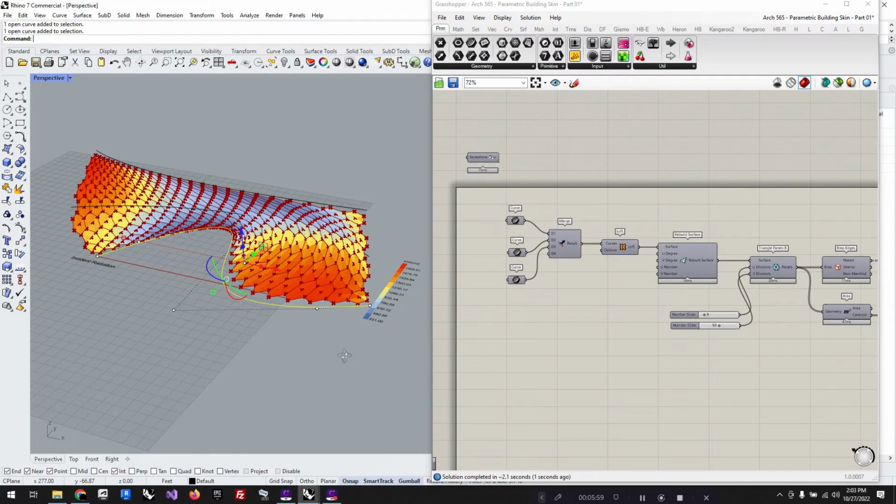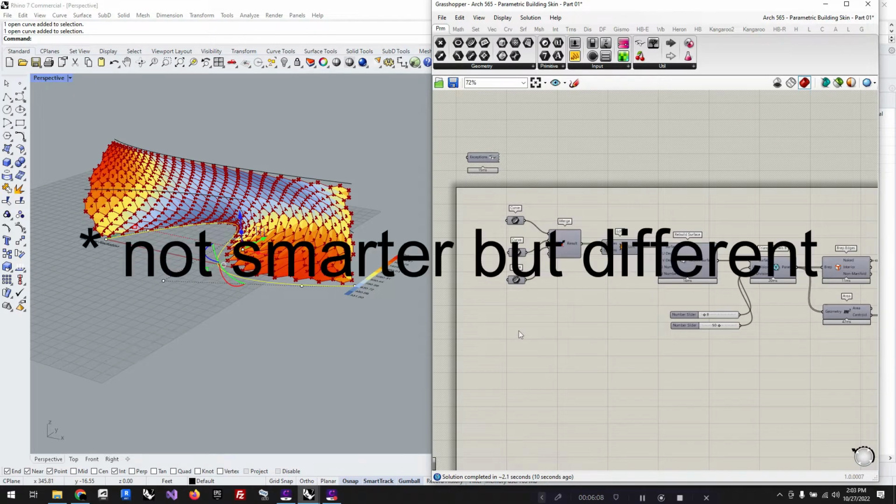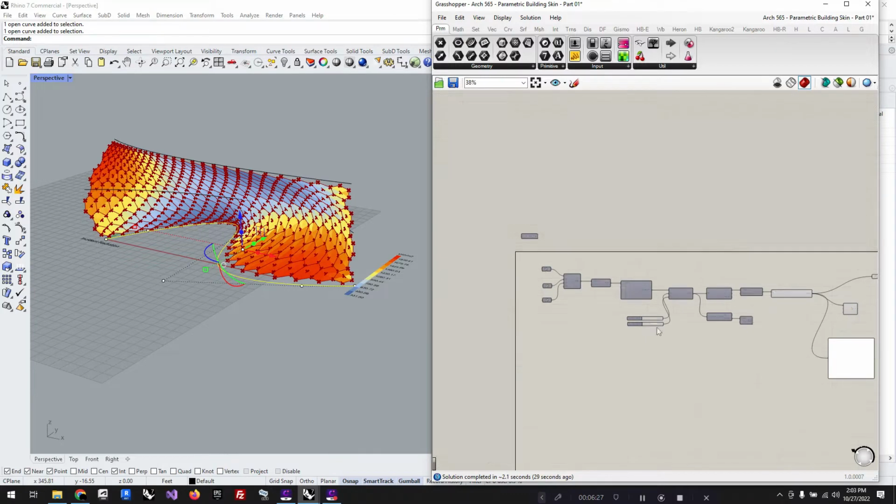Okay, so now we get our crazy hexagons here, and this is pretty much right where we left off. There is one thing that I do want to revisit in a smarter way than using the dual graph to get non-whole hexagons. The way to do that is to explode all of your hexagon shapes and then count the number of sides. If it has fewer than 6 sides, it's not a full hexagon. So then you can call that out, and we'll show how to do that rather than using the dual graph here,